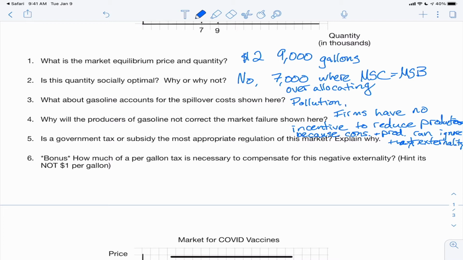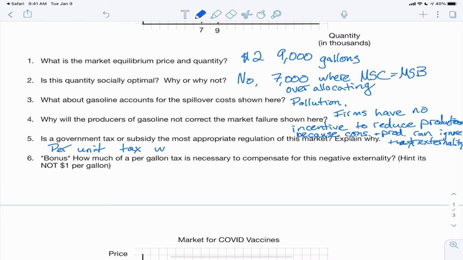All right. So number 5 is taking a look. Is a government tax or subsidy the most appropriate regulation of this market? Well, we've already indicated that they are overproducing, that this market is producing 9,000 gallons when the socially optimal level of output is going to be 7,000. If we want to reduce the production of this good, we're going to have to make it more expensive to do that. And so a per unit tax would be the most appropriate